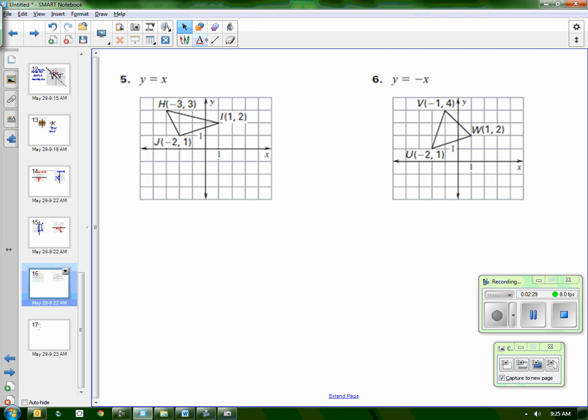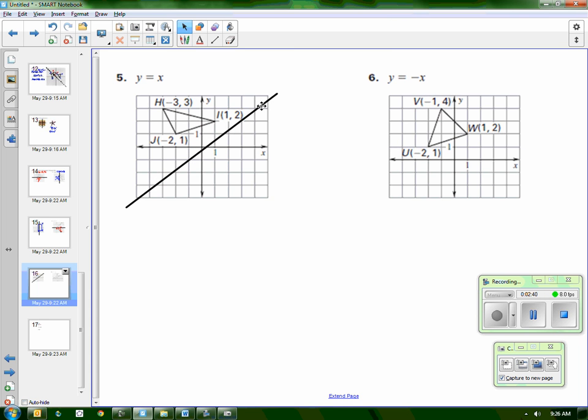The line y equals x is like this. That's a slope of +1. So you can usually eyeball it and say, why didn't that work? That should be up here. Oh, that should be up here. That will work better. Okay, good. So now I can usually eyeball it and say this is about half a unit, so it should be over here. That's I prime. It's a little distorted. There's your I prime. This is about 1½ diagonal units, so I would do 1½ diagonal units, which is J